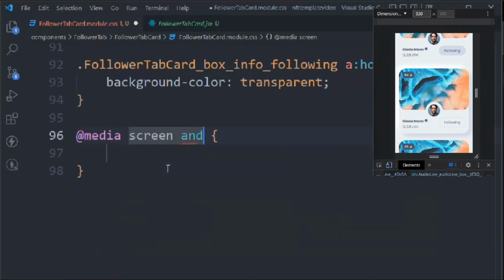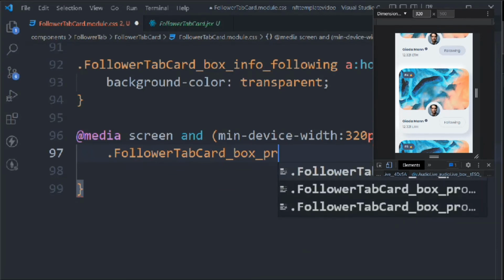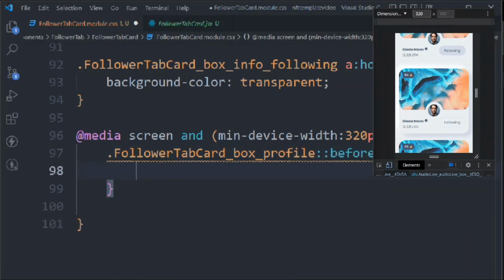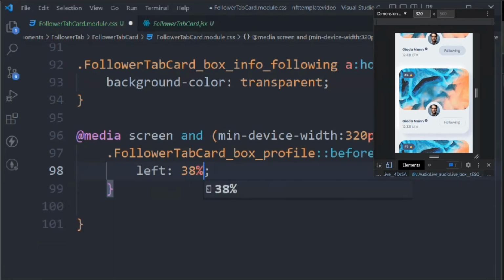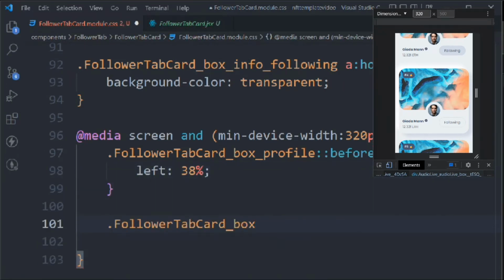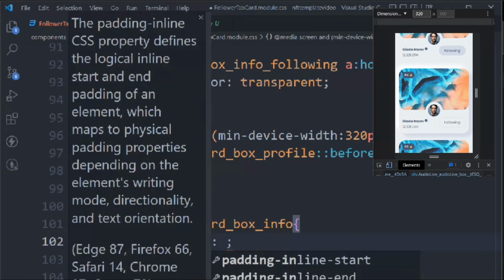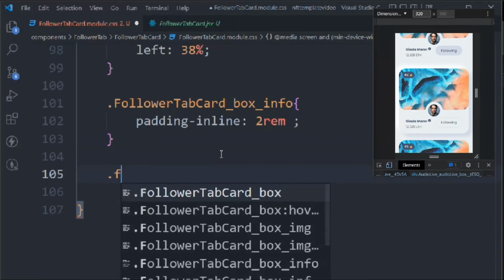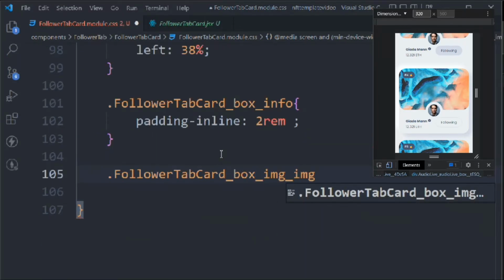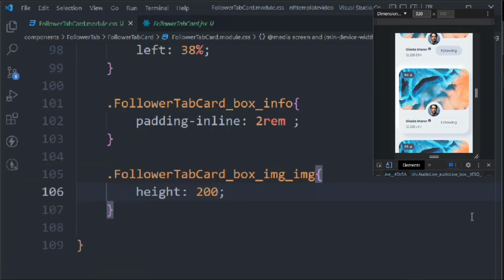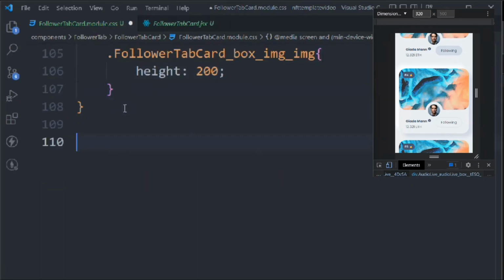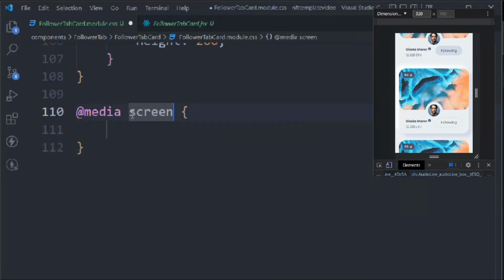Let's add a media query. So min device width is going to be, let's say, 320 pixels. Follow tab card box profile. Before, we would say left is going to be 38%, and info is going to be padding inline 2 rem. Follow tab card box image, it's going to be 200 height. And let's take a media query, third media query,